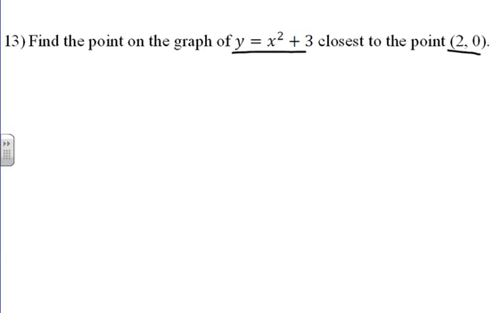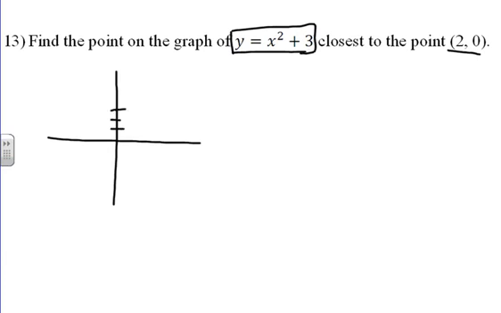So I'm going to graph it, because we're going to find a point that's on the graph of this function, being a quadratic. It is shifted up 3 units, so we have a parabola looking like so. Now from here, we have another point which is over at (2, 0). And we are trying to find a point,